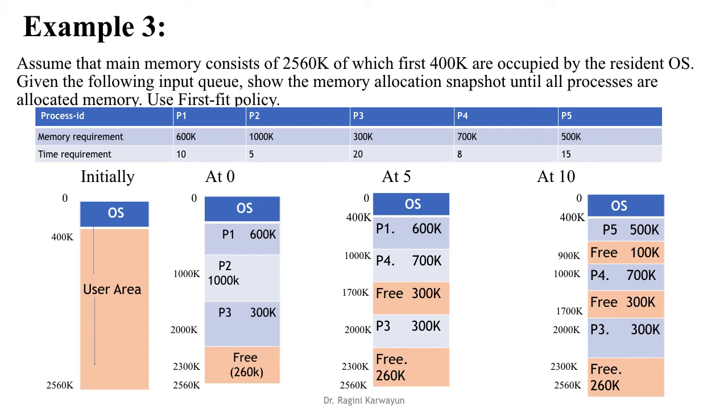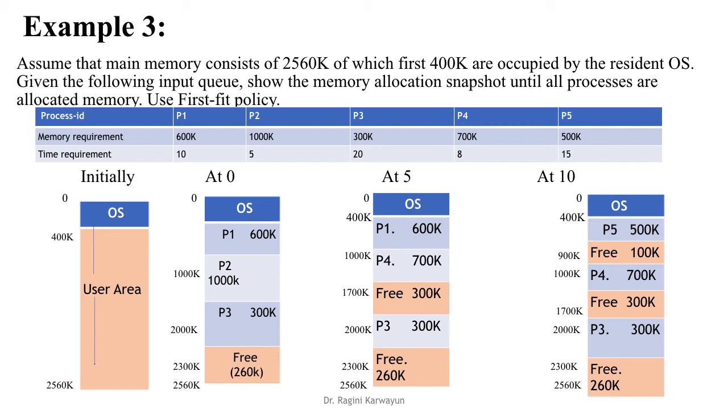So इसमें, the three processes that are currently occupying the memory, out of this only P2 will leave at the earliest. So P2 leaves at 5, leaving a 1000K hole. So out of this 1000K hole, 700 can be allocated to P4. So 700K is allocated to P4 and now we have a 300K hole left out, and सबसे नीचे जो है वो T6 260K का होल लेफ्ट आउट है, फ्री है.